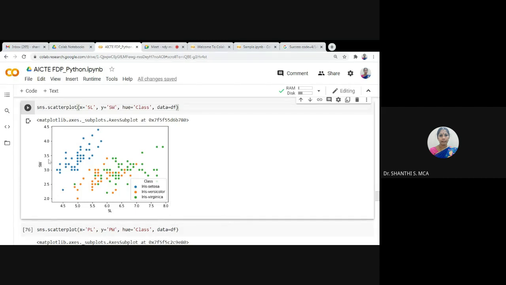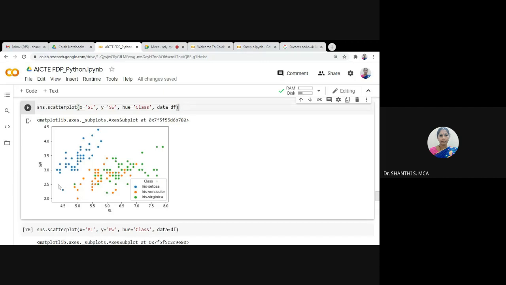Okay. So by seeing this plot, what you can infer is that using a straight line method, it is easy to differentiate iris setosa from the other 2 classes. So you can have a straight line, but to differentiate iris versicolor and iris virginica, the straight line method is not possible.